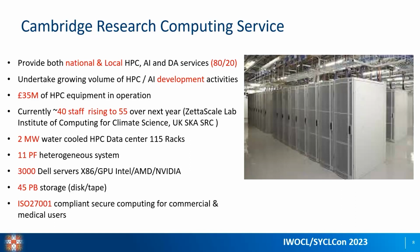So we have around 11 petaflops of heterogeneous compute power via Impact. We're around 3,000 servers, a mix of x86, mostly Intel x86 and NVIDIA GPU. Some of the NVIDIA GPUs are AMD processors. We have 45 petabytes of storage. That's disk and tape. It's about 35 disk, 10 tape. And we are ISO 27001 compliant, which is quite